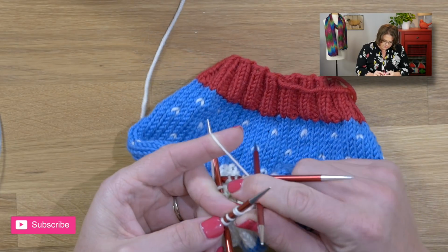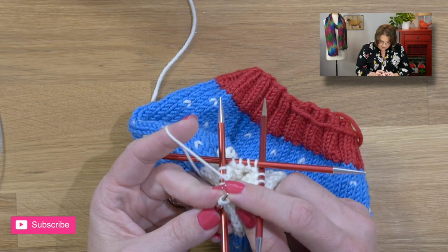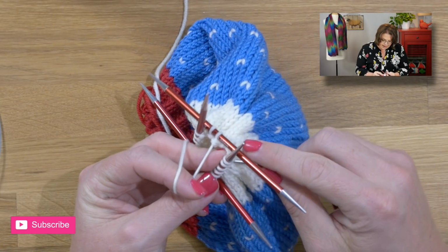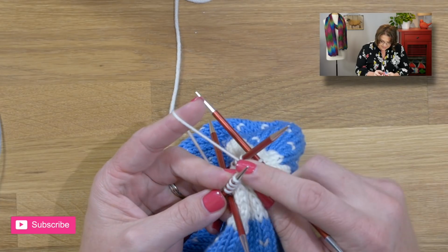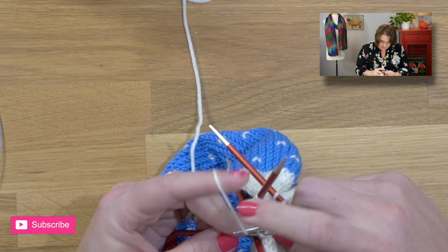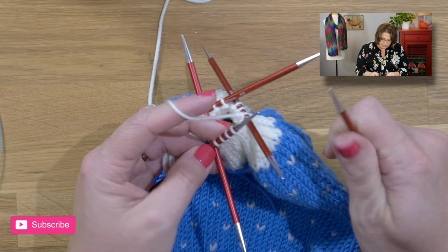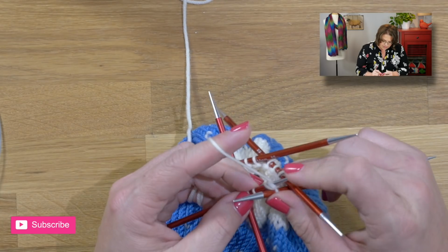So let's see here. Once I get those 10 stitches, I am going to cut my yarn and thread them through all the live stitches and pull them like a drawstring to close the top of the hat. Now I have a certain way that I like to thread my needle through all the live stitches to make the top of the hat a really pretty finish, and I'm going to share that with you. Most patterns that I come across tell you to thread your yarn through the live stitches as if to purl, but I actually like to go into each one as if to knit,